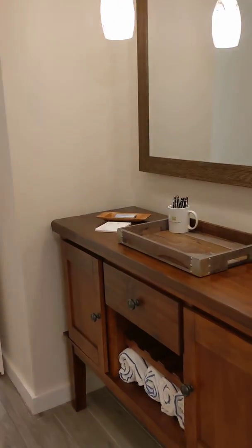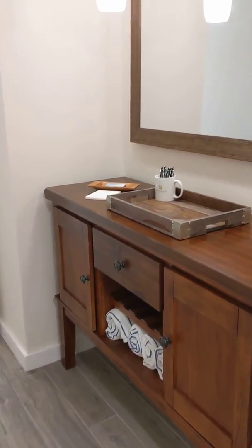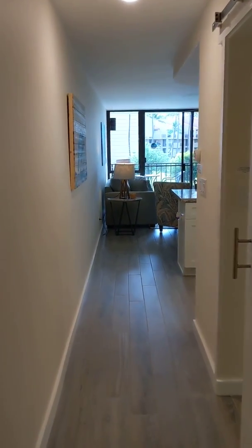And then walking back out, we head into the hallway. We have some funky coat hooks here. We have a cabinet here with your beach towels and some storage. And we walk in through